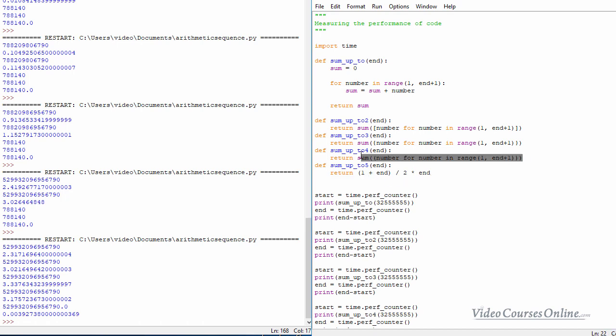But when you look at situations 2, 3, and 4, you might not be 100% sure. And that's when you can really just check how fast something works using the methods for measuring performance of code, like that, right? Take the time with performance counter at the start, then at the end, minus start,